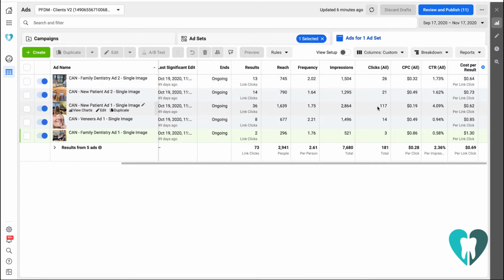We can see that the new patient ad has the highest rate of clicks. This next column shows cost per click. So, for each user that is clicking through on your ad, how much does it cost for them to make that click? We want to see this be a low number, so we can see that this third ad is